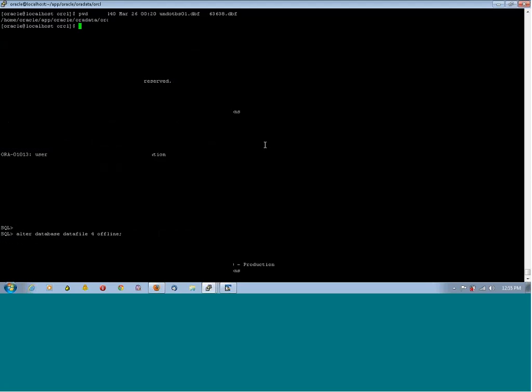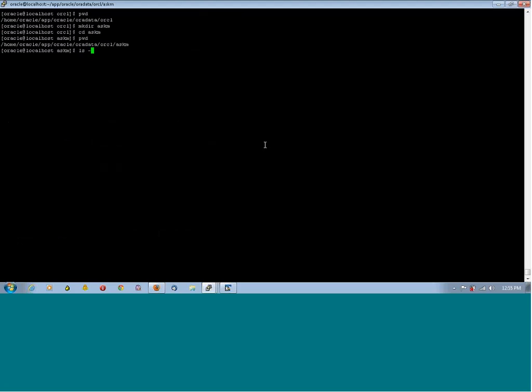Now the present scenario is to restore my DBF file to a different location instead of the default location. So I'm going to create another subdirectory here. So this is my subdirectory, and I have no files here. Now I'm going to restore my DBF file to this location. Okay. Now for that, let me take up the